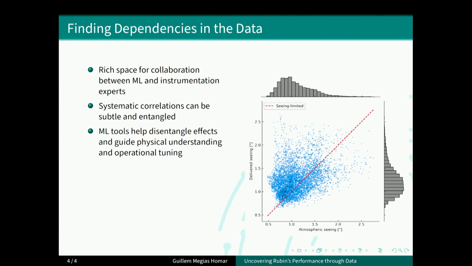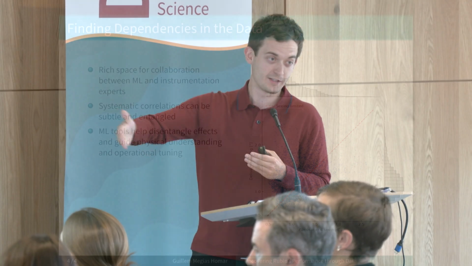And you can see that there's a bunch of them that are actually on the line, which is y = x, which would be seeing limited, but there's a bunch of those images that are not. That's not necessarily too surprising, because this also includes the images we've taken throughout the last month, which has been a lot of engineering, so we've been messing around with the system. But it's just to point out that a lot of the work in the next month and also the next few years will be understanding those points that are out there and whether there's any systematic correlations that